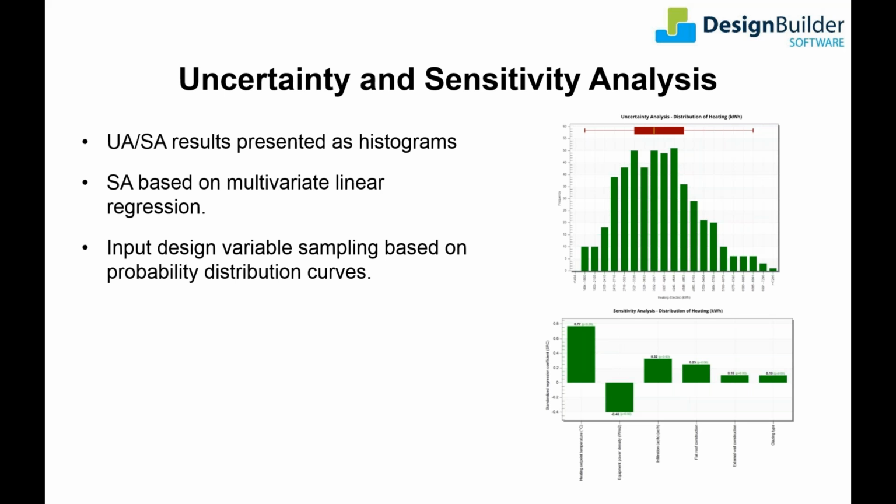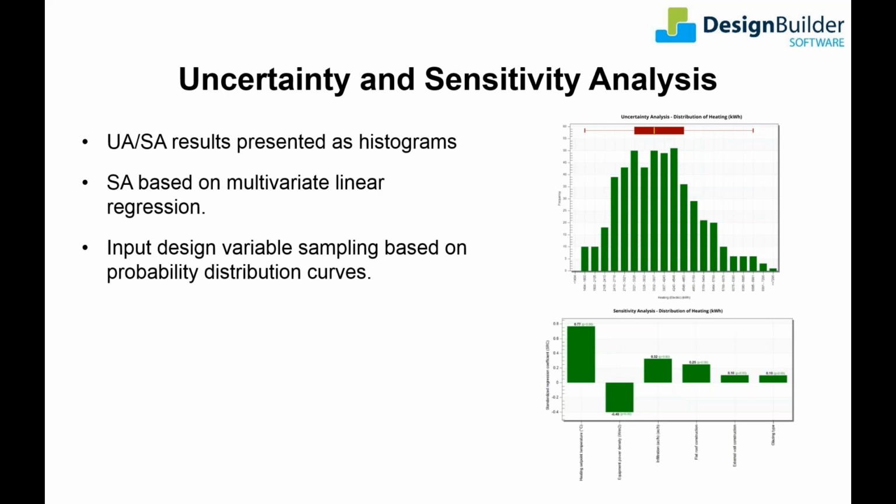Some typical example applications for uncertainty and sensitivity analysis are quantifying the variation in outputs alongside corresponding changes in inputs, providing stakeholders with a preliminary risk assessment on meeting design objectives, reducing the optimization simulation time by identifying any unimportant variables and excluding them from the optimization search space, and identifying aspects of the building which have a high probability of creating operation stage performance issues, and thereby helping the model